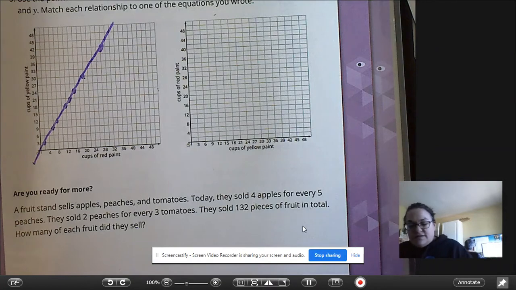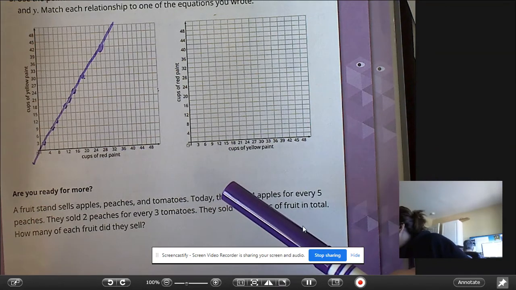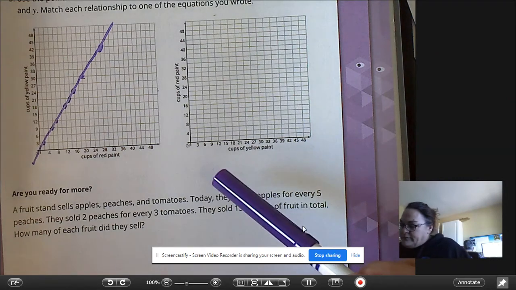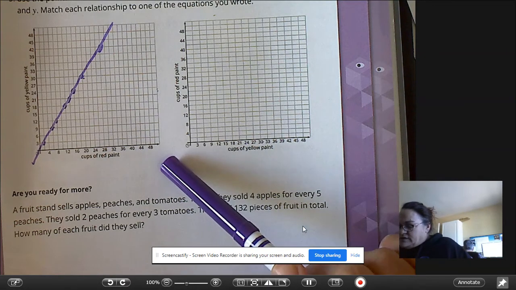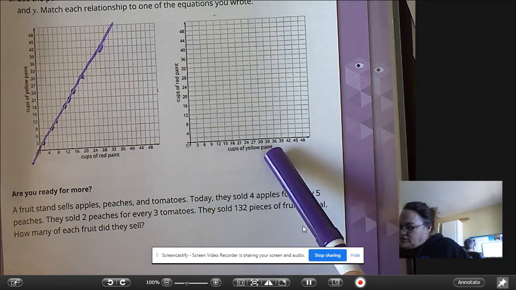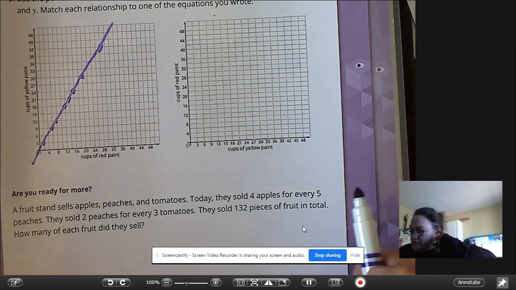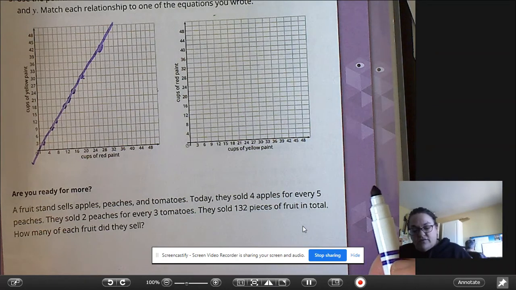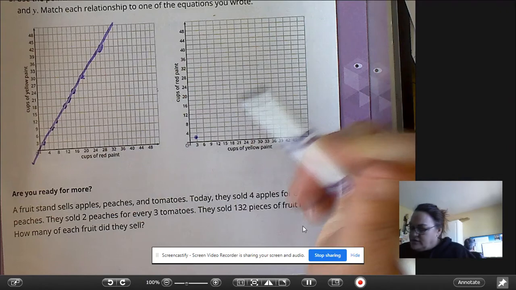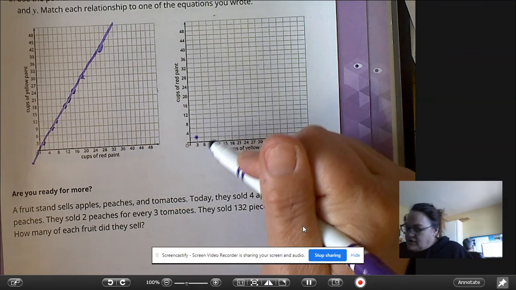All right, in the second graph, on this side you have cups of red paint and cups of yellow paint on the bottom. Okay, so on this one, the numbers are a little bit different here. They're reversed, right? So we have yellow paint now on the bottom and red paint over on the side. So the graph's going to look a little bit different. So we have yellow, it would be 3 to 2 because we're going backwards, right? So instead of 2 to 3, it's now 3 to 2. And then we have 9 to 6,